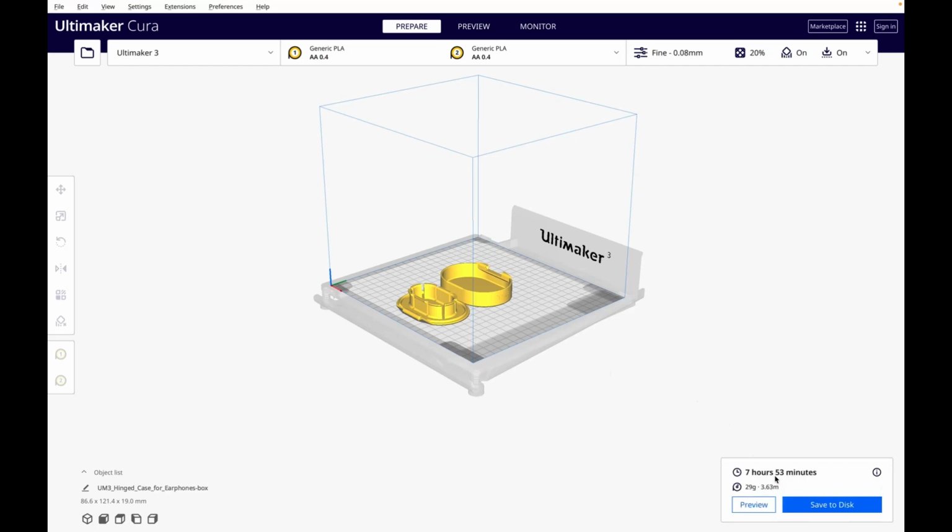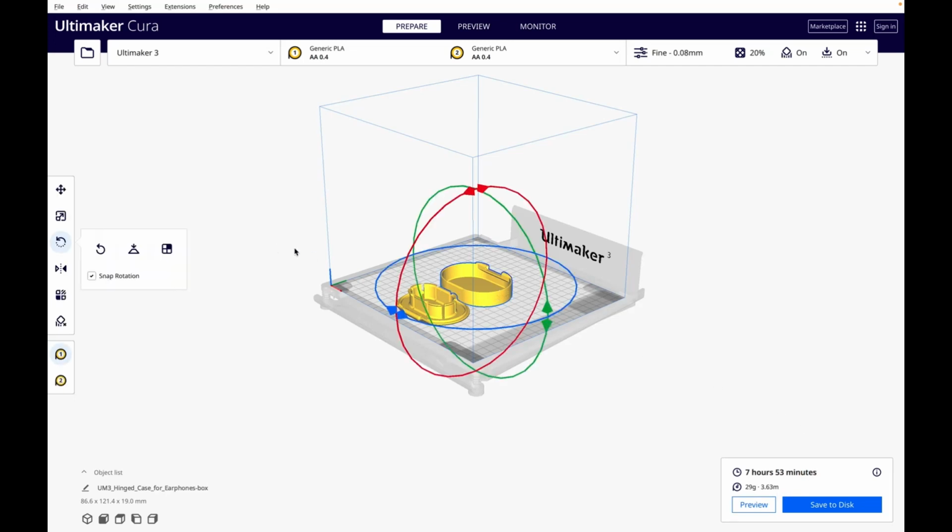Slicing can take from 5 seconds to 5 minutes depending on the project and the processor speed of your computer. In this case, our print is going to take 7 hours and 53 minutes, and 29 grams of material is going to be used. But if we change the orientation and rotate the object by 180 degrees and print it,